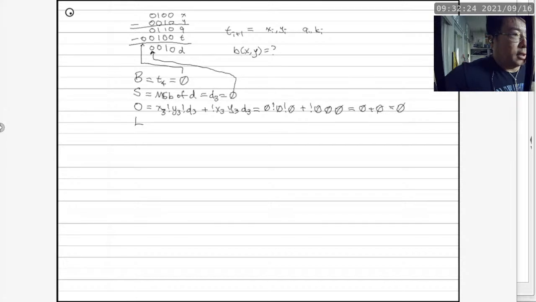Most significant bits. Okay, so because we count the bits from 0, this is bit 0, bit 1, bit 2, this is bit 3. So in a 4-bit binary subtraction, bit 3 is the most significant bit for x, y, q, and d. T is different because we need one more bit for the borrow bits, for the t bits, to indicate the overall borrow.